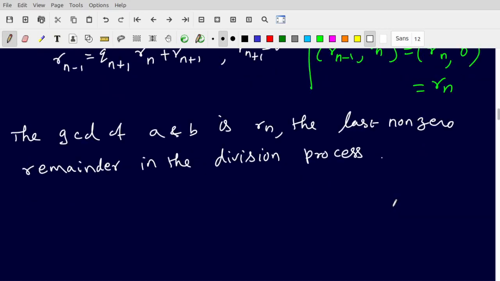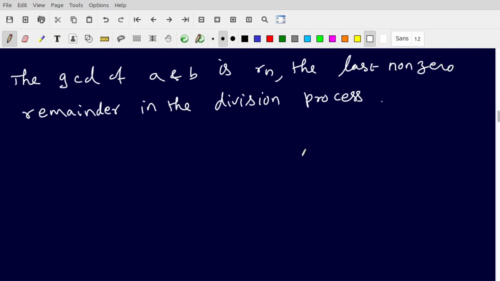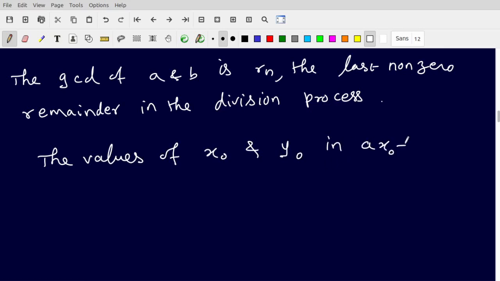And the values of x naught and y naught in the Bézout lemma, in a x naught plus b y naught equal to g, can be obtained